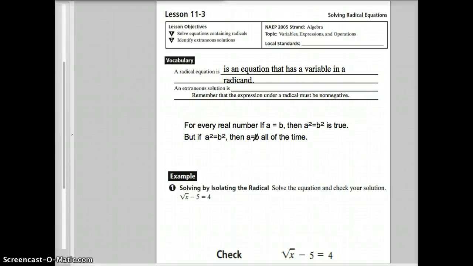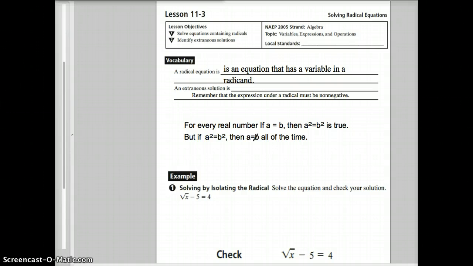Welcome to lesson 11.3. We are solving equations containing radicals as well as identifying extraneous solutions that really don't work. So a radical equation is an equation that has a variable inside the radicand. An extraneous solution is an expression that